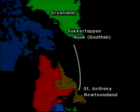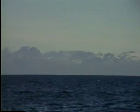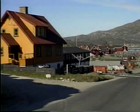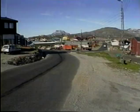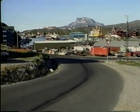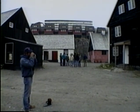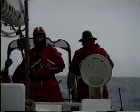Our landfall in Greenland was a little south of Godthåb. Every place in Greenland has two names now. There's the Danish name, which was what they used to be known by, and the new Greenlandic names. So our first stop was Godthåb, or Nuuk. A brief visit in Nuuk, and then on to Sukkertoppen. The Greenlandic name for Sukkertoppen is Maniitsoq. We continued